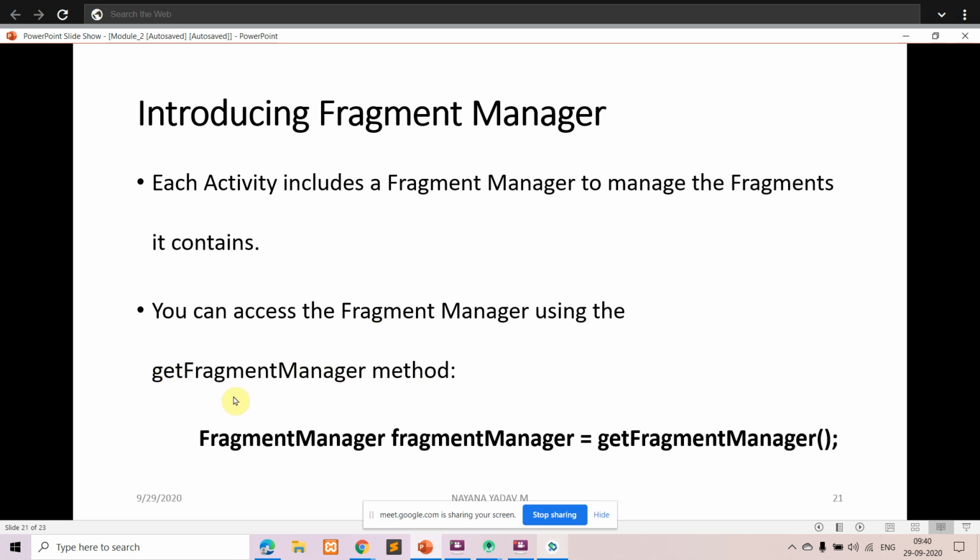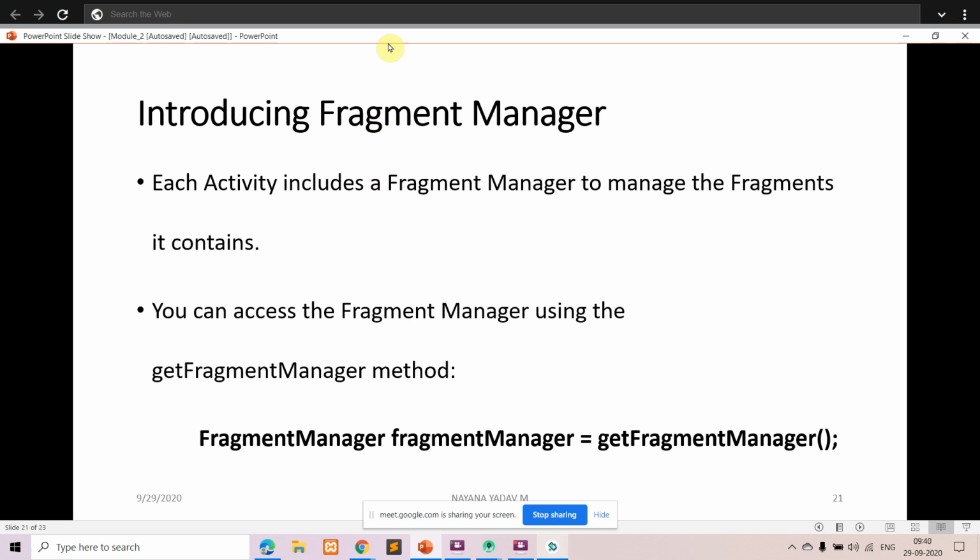The fragment manager provides the methods that are used to access the fragments which are currently added to the activity, and also to perform fragment transactions, in which you can add, remove, and replace the fragments.